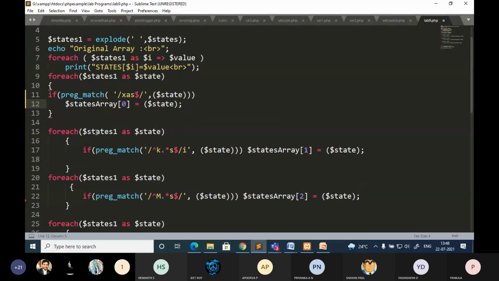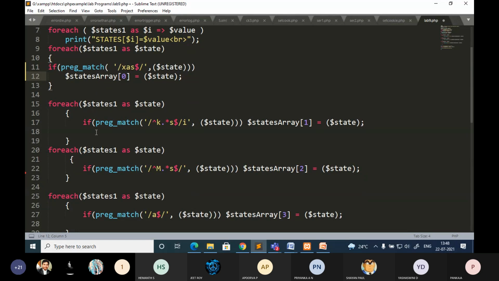That is one case. The second case is the word starts with K and ends with yes. For that you need to write the pattern matching like this. Starts with K. And see, end means you always write the letter followed by dollar symbol. In between it can have any number of characters, so for that reason you are going to write this star mark. Starts with K dot, then it may have any number of characters, but it should end with yes.